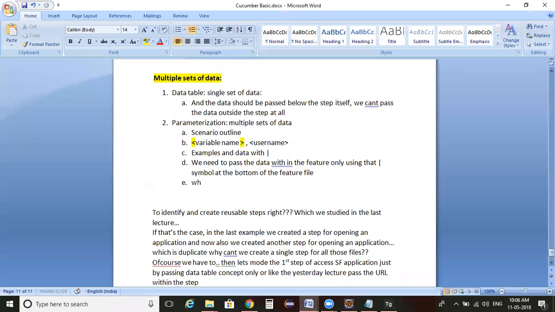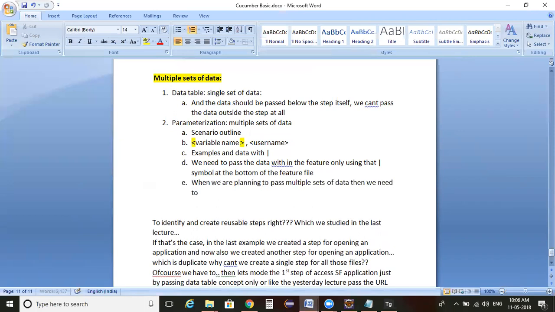So when we are planning to pass multiple sets of data, then we need to define it as a scenario outline, not just a scenario. Okay, that's it. So I have defined it as a scenario outline.